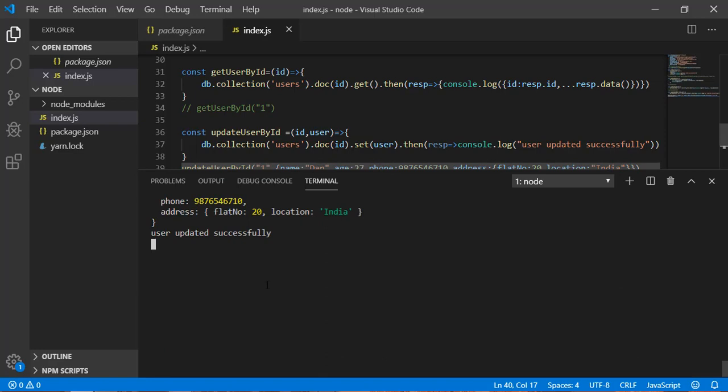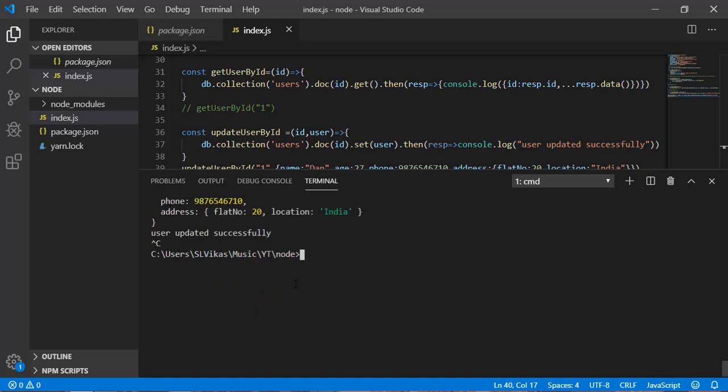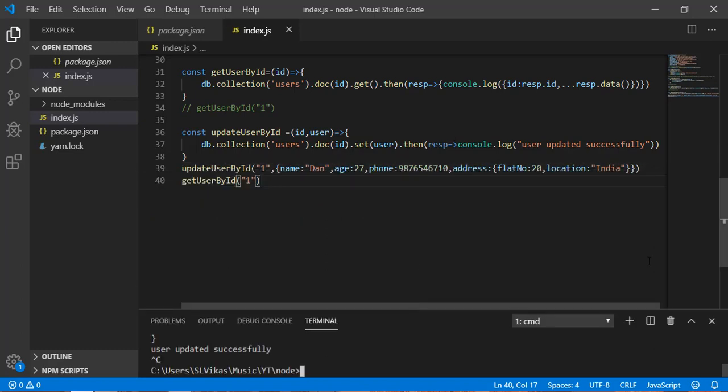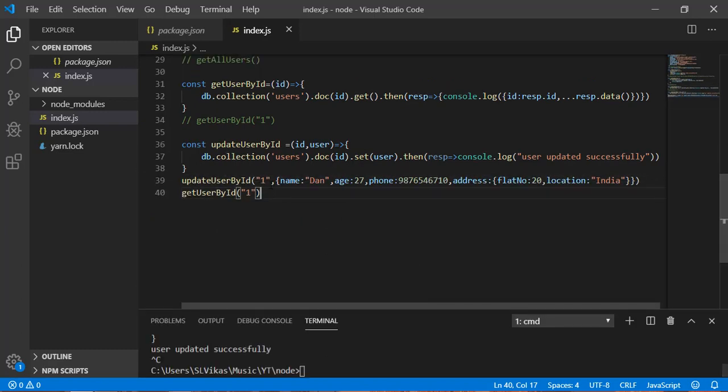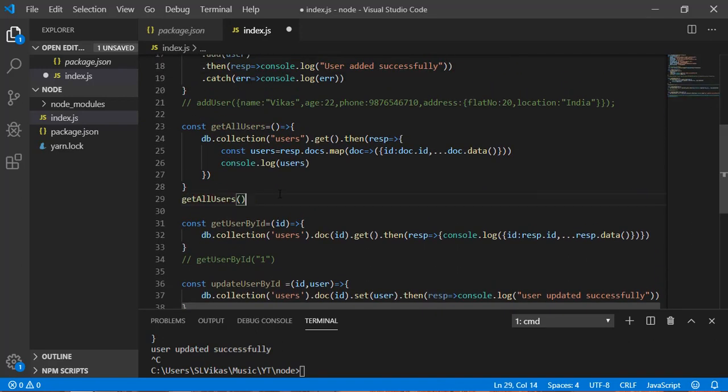So you can see here I am getting user updated successfully, ID equal to 1, name equal to Dan, age equal to 27. Okay, so let me do get all. So let me comment both of these lines and do get all users here. Okay, and execute this.